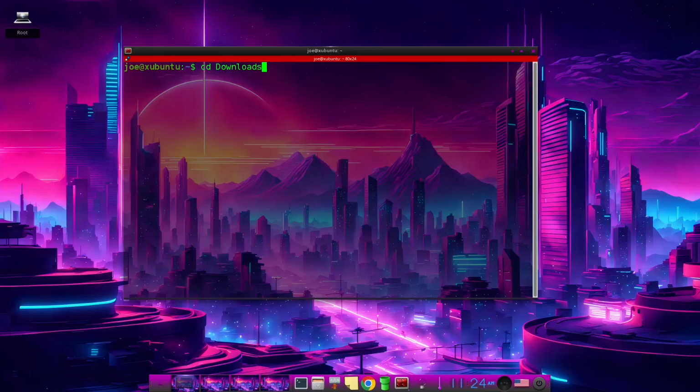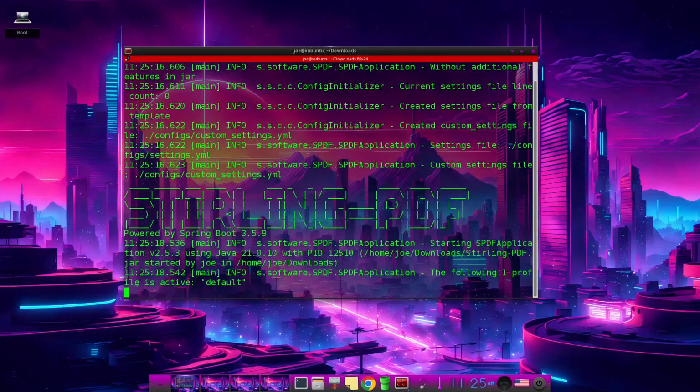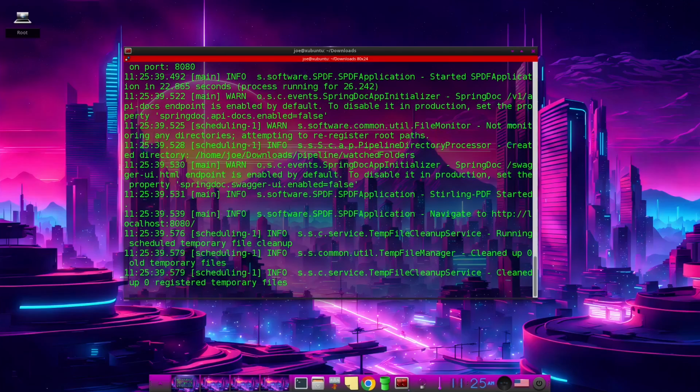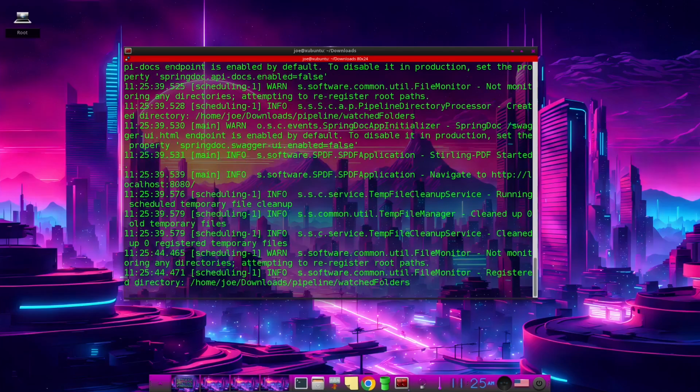Back to the command line, cd into downloads. Then type java -jar and the name of the file we downloaded. And when the last line comes up with watched folders at the end, we can go to a web browser,